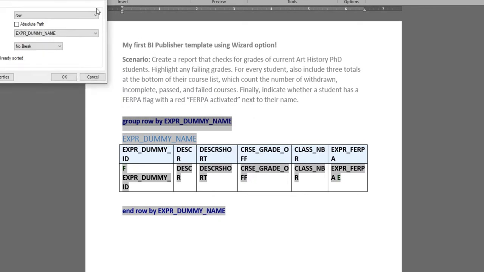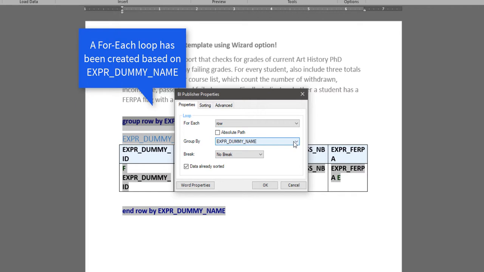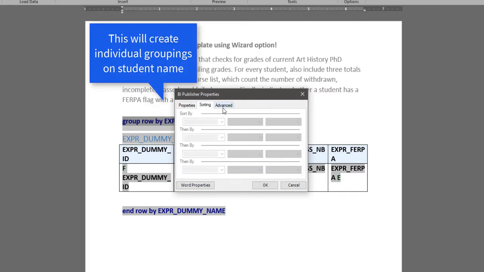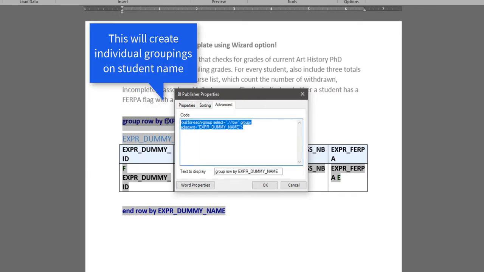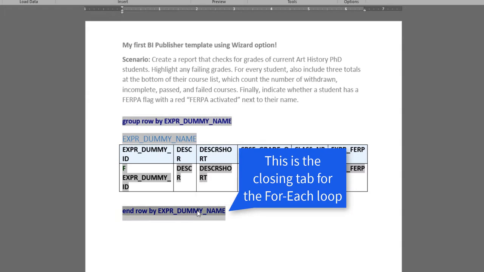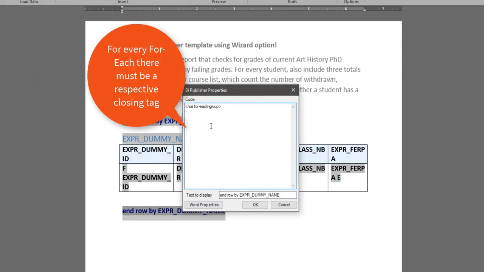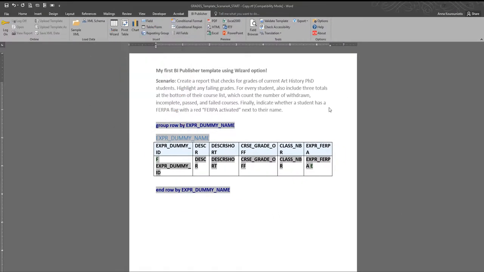Clicking on the properties of this tag, we see the for each loop is done based on the row grouped by the expression for dummy name, and here is the code that is generated automatically for us. Click OK. And then if we look at the closing tag, which is necessary when you have a beginning for each,